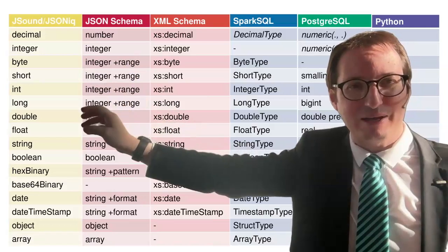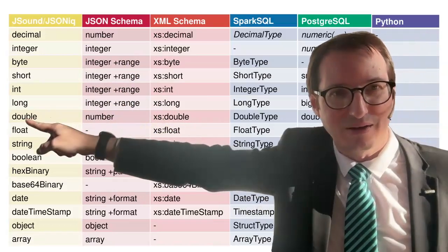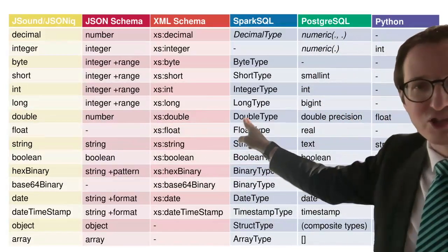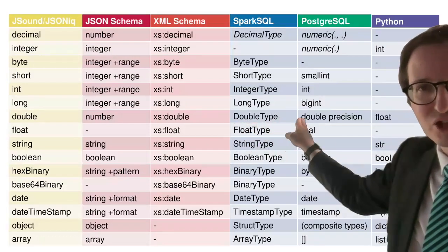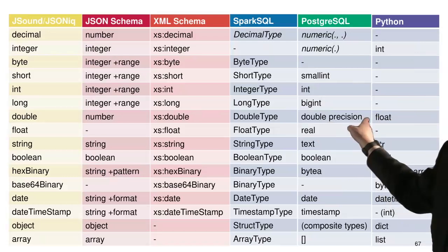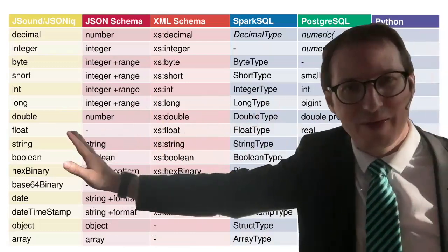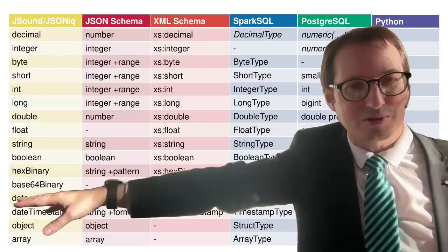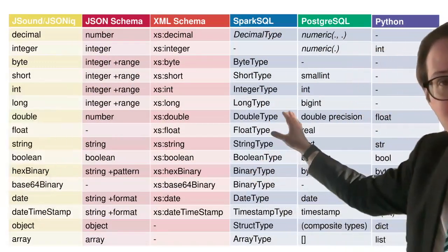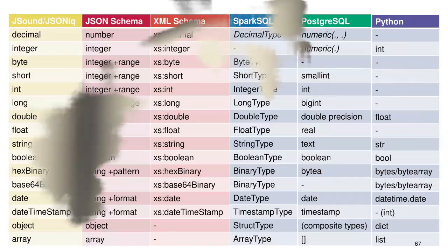So you see, for example, I told you double in XML, JSON is called double. In JSON, it's just a generic number. Double, that's Java actually. In Spark SQL, it's going to be double. PostgreSQL calls it double precision, and Python is the only one that calls it float, right? But we just know it's the same. It's basically the same. And you can do for any type, you have this correspondence between JSONiq and JSON, that is for pedagogical purposes, JSON schema, XML schema, Spark SQL, which we'll look at in a couple of weeks, PostgreSQL, some of you saw it in information systems, and Python, which many people actually know.